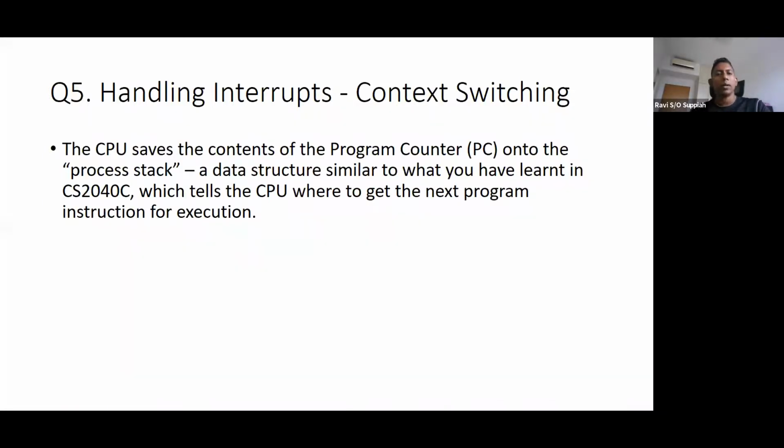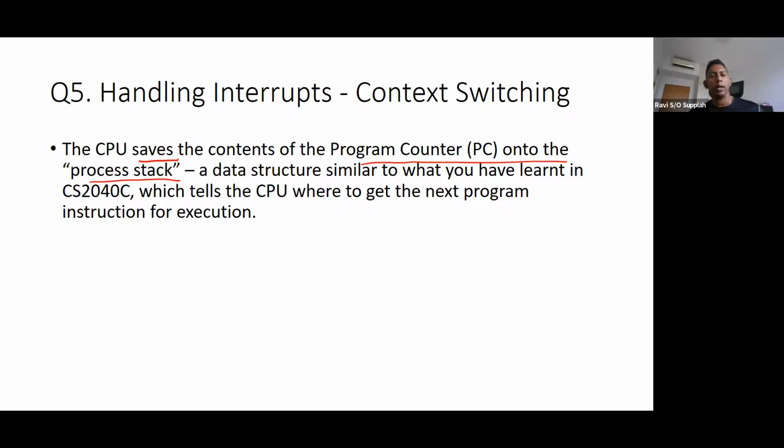Now before I actually make the jump, it needs to save the contents of the program counter onto the stack. The stack is part of the memory that is used for temporary storage while processing is going on.